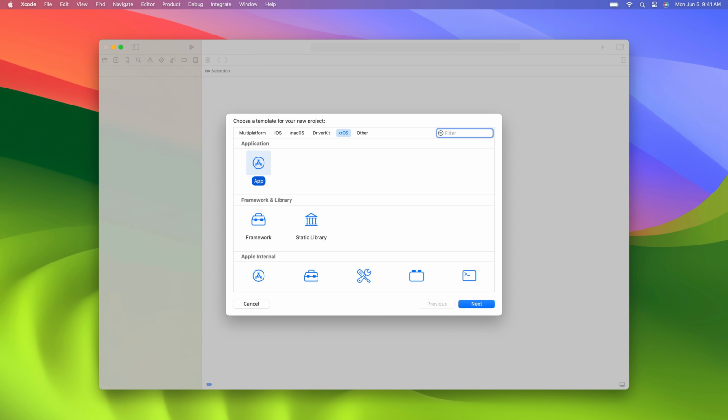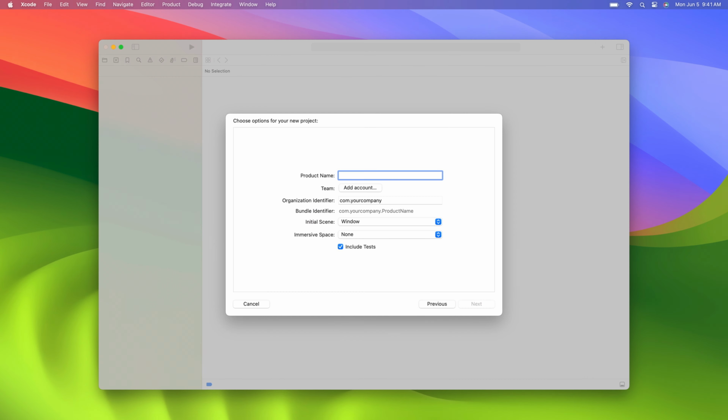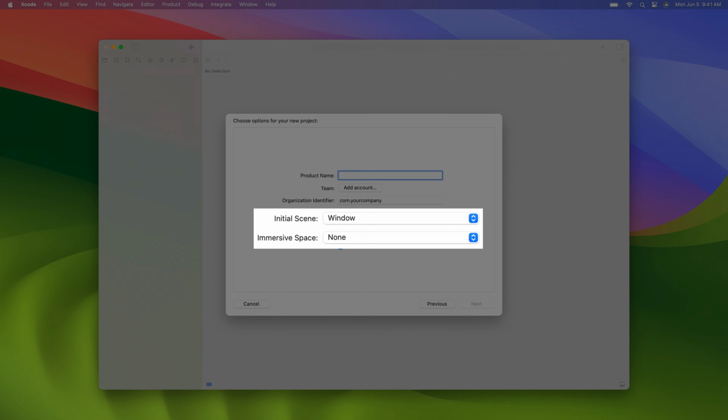When we create a new project in Xcode, we are presented with the new Project Assistant. It organizes project templates by platform and project type. The app project template is available in the Application section under the Platform tab. Note that the new Project Assistant may ask you to download platform support if it isn't already installed. The new Project Assistant presents us with several options, two of which are new for this platform. Let's take a closer look at each of these new options.